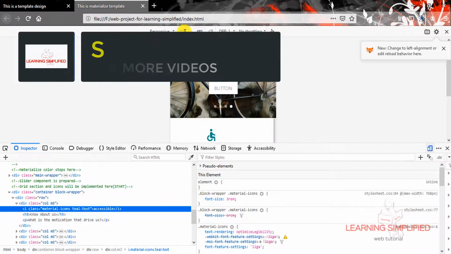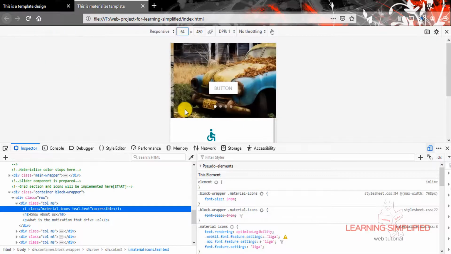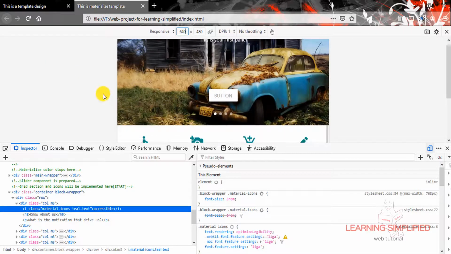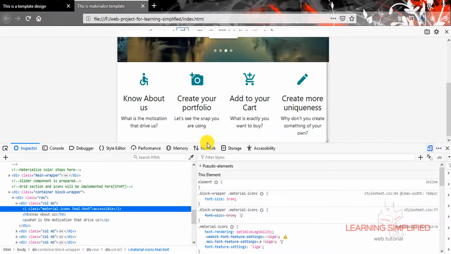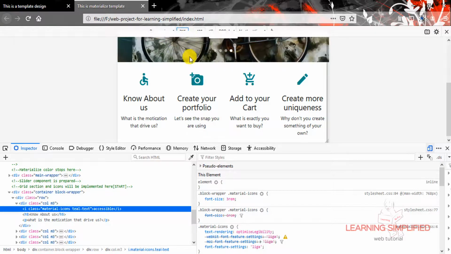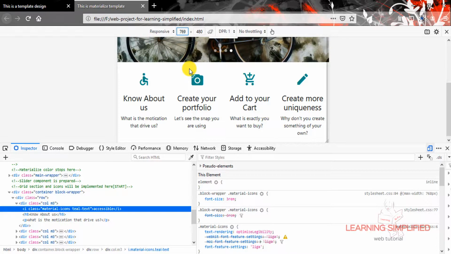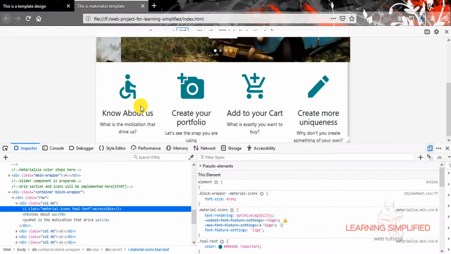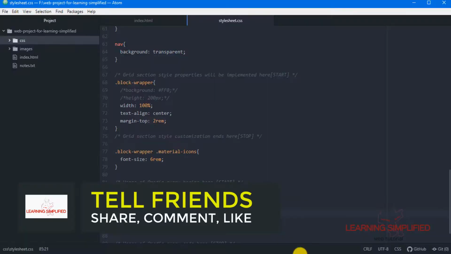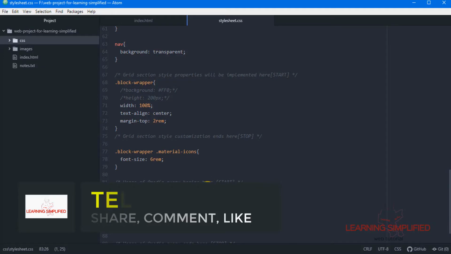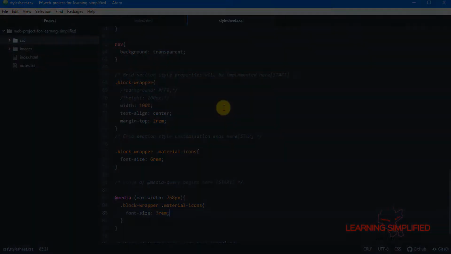If we view this up to 640 pixels, we can see that the exact 3 rem will be displayed over here. But if the device width is above 768 pixels, we have placed here 769 pixels. If we press enter, we can see that right now the font size will be 6 rem at once. This is the power of this at-media max-width 768 pixels. And this is the first thing that we are going to do. In the second case,